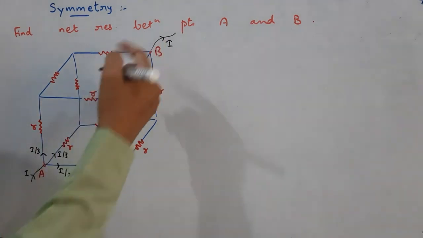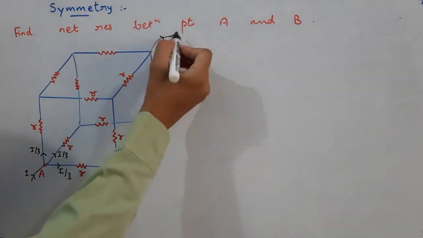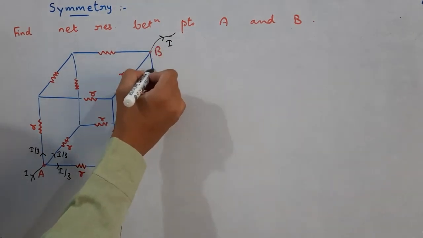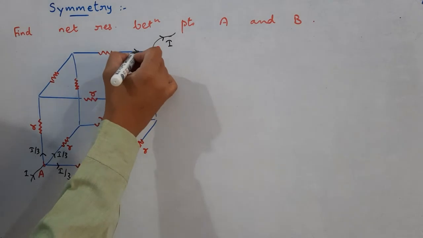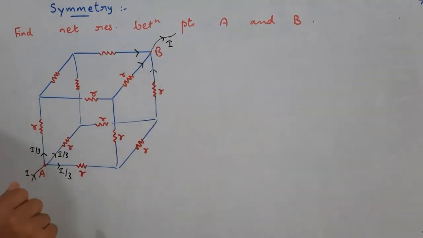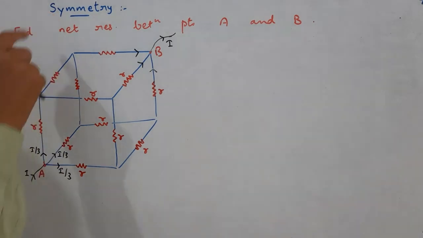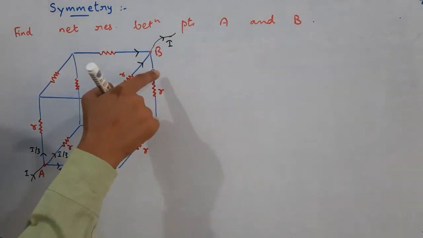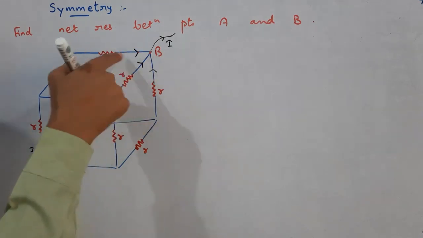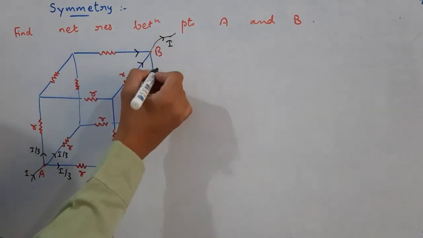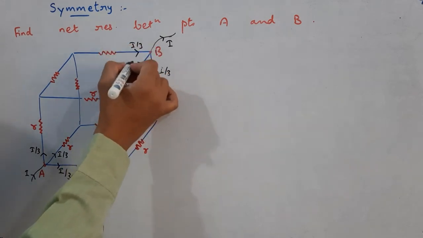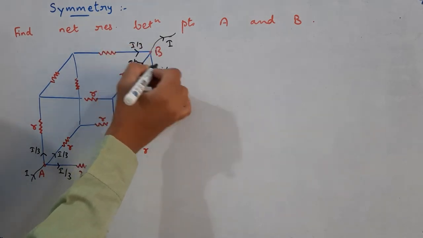Same thing will happen over here. Current I is leaving the point B. That current I comes from this path and this path. The current through these paths should remain same or not? Yes. Why? Because we say there is symmetry. So if this is x, this will be x, this will be x, and x and x and x combine together at point B to give I. So x will be how much? I by 3. So we have this arrangement for currents.